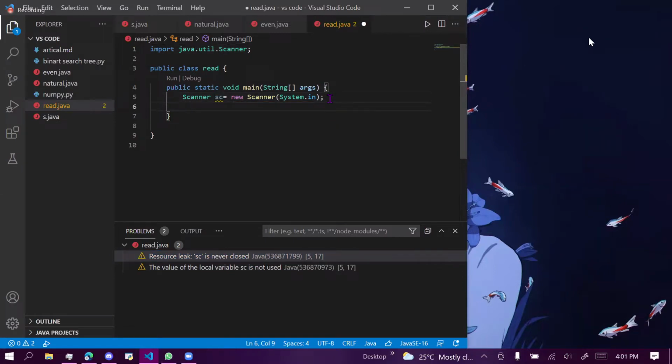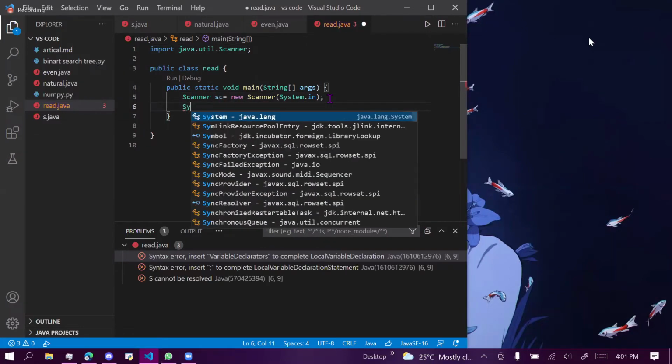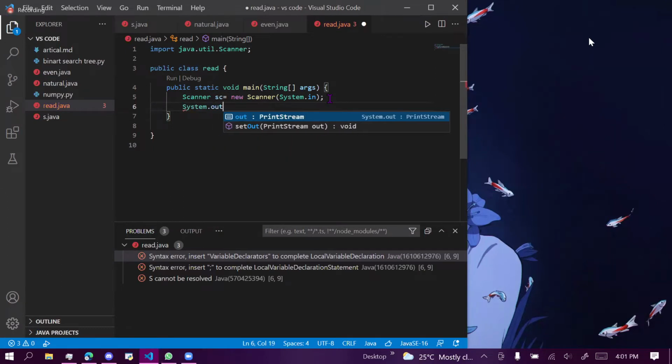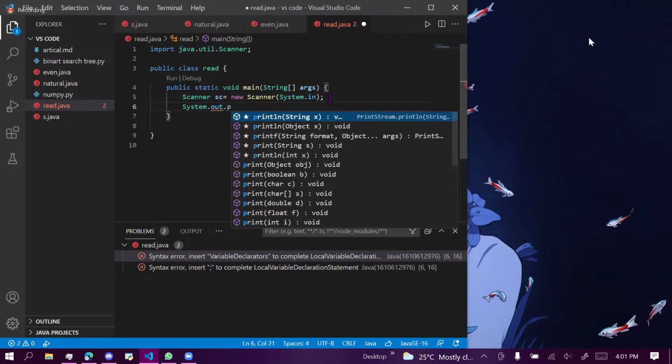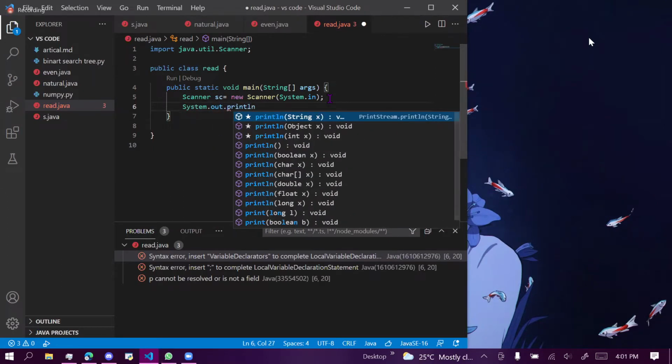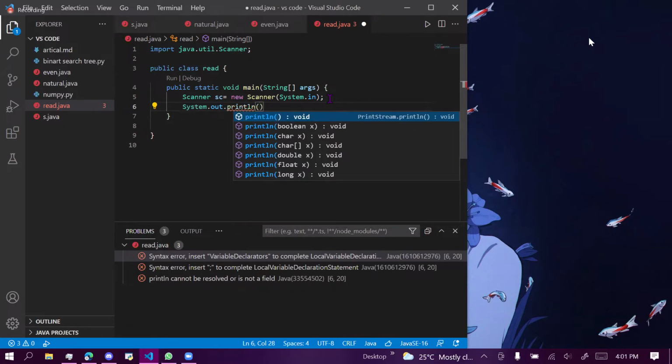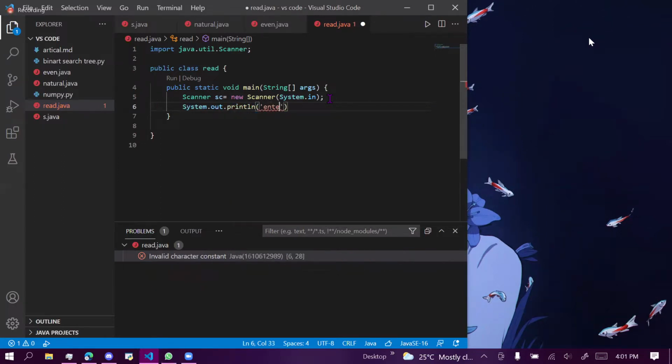Next is System.out.println. Enter a string. Enter a string within the double quotes, not in a single quote.